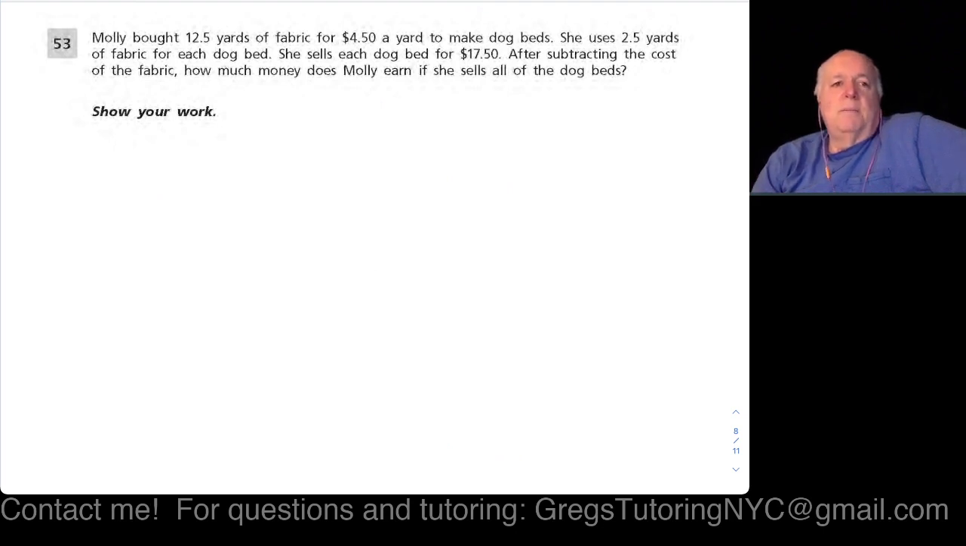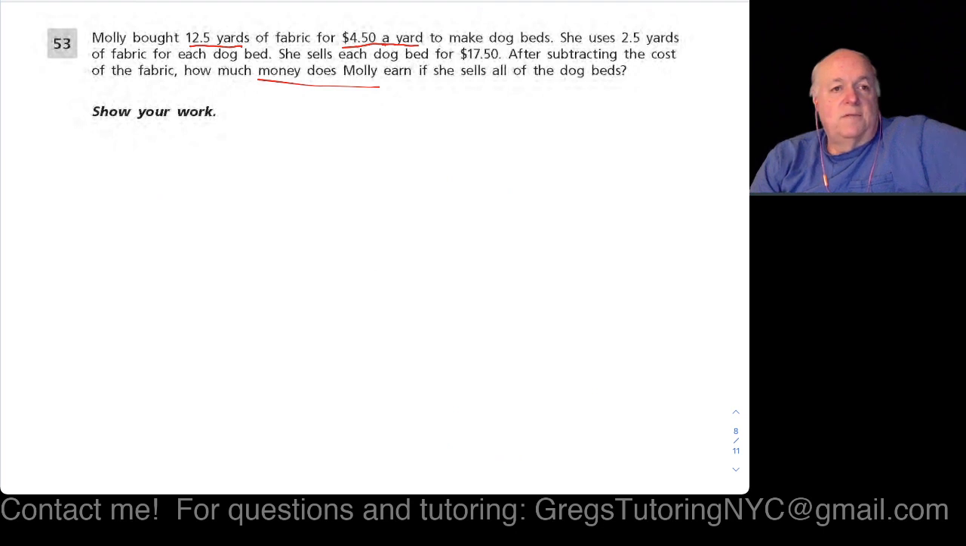So Molly bought 12.5 yards of fabric for $4.50 a yard to make dog beds. Okay? We don't know what they want us to do with these numbers yet. She uses 2.5 yards of fabric for each dog bed. She sells each dog bed for that. After subtracting the cost, how much money does she earn? So it seems to me we need to do a bunch of computations here to be able to get there. And